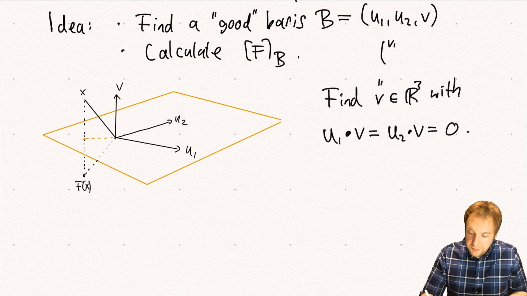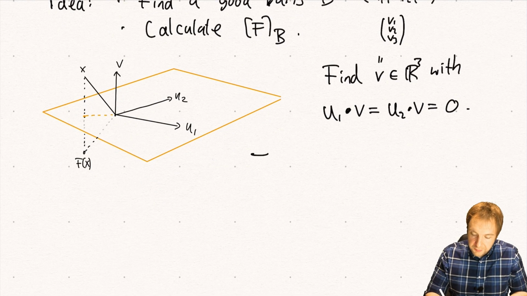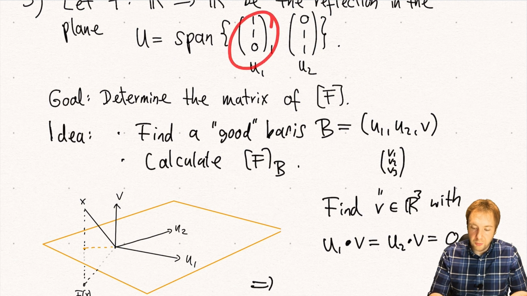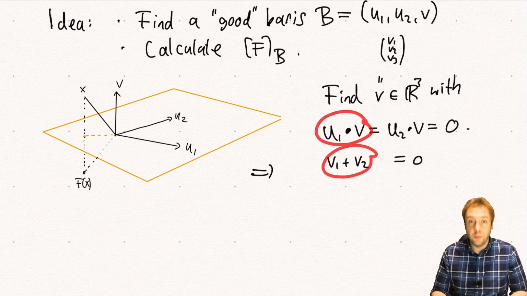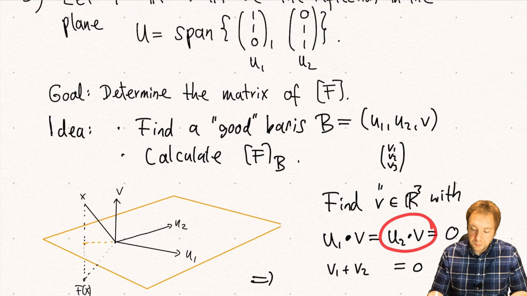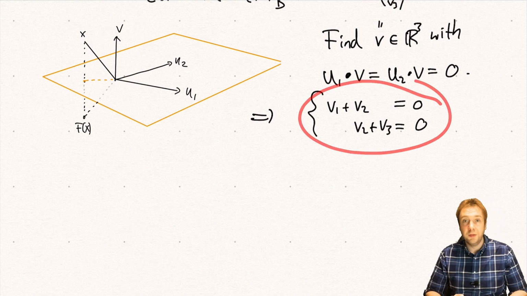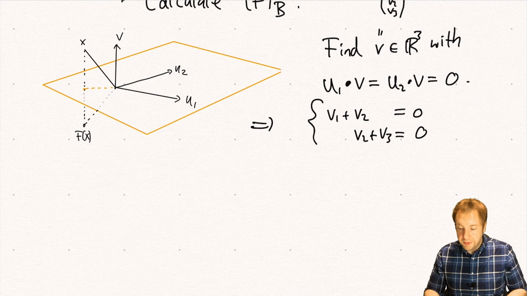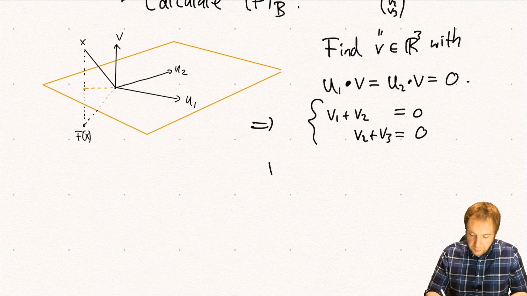And if this vector v is (v1, v2, v3), then what this means is, well, u1 is just the vector (1, 1, 0). So the first condition is that v1 plus v2 equals 0, because this here is just u1 times v. And u2 is (0, 1, 1). So this will give v2 plus v3 equals 0. So we want to solve this linear system here. And, well, we did this several times. You can check that one solution,